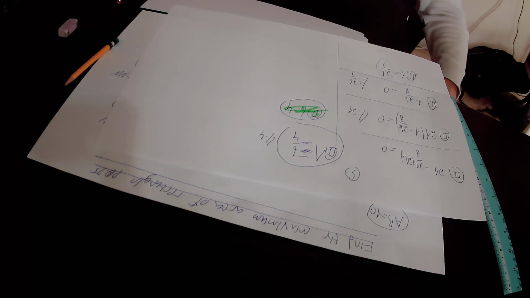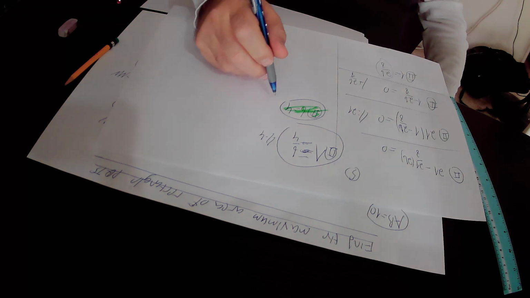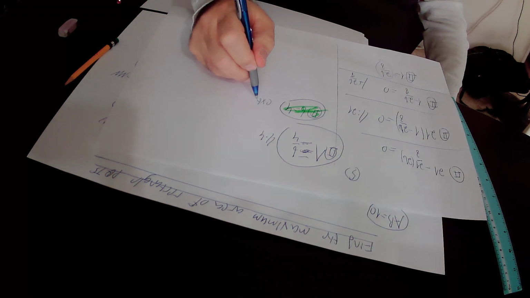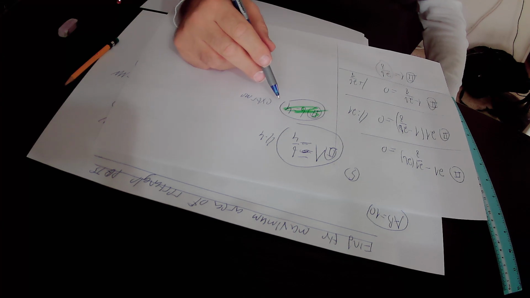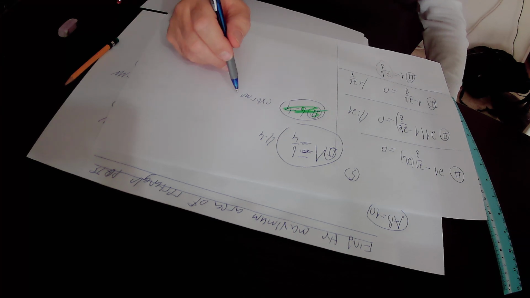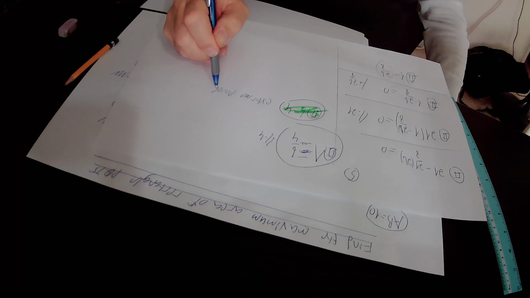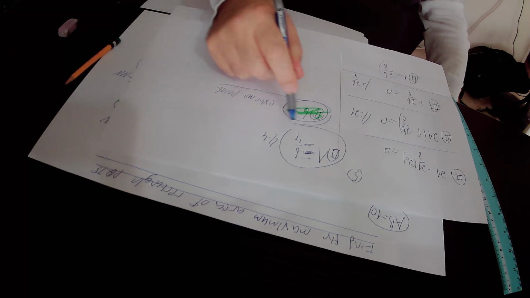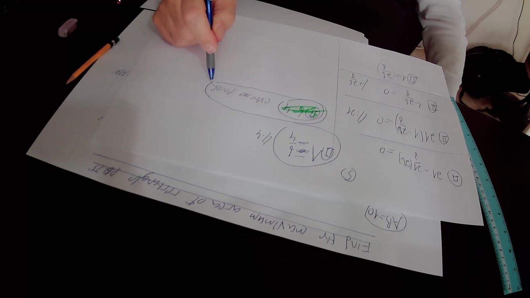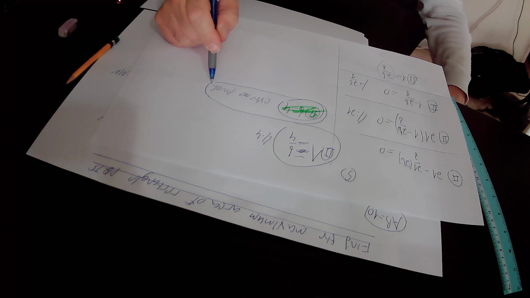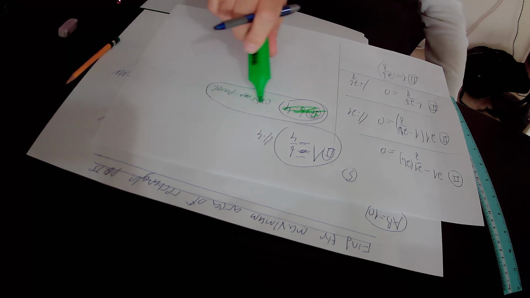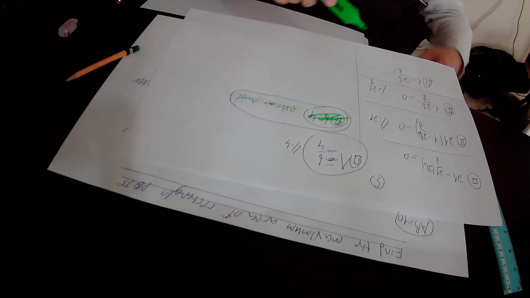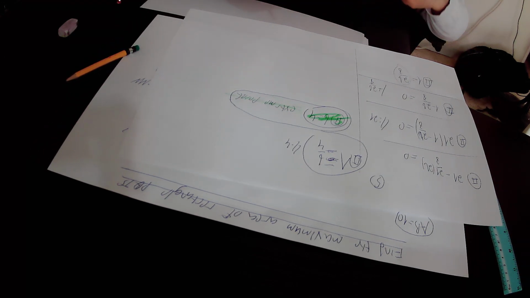Now we have to verify that the extreme point, that is to say that b equals 4, is the maximum extreme point and not a minimum extreme point. In order to verify that b equals 4 is the maximum extreme point, we have to draw the function